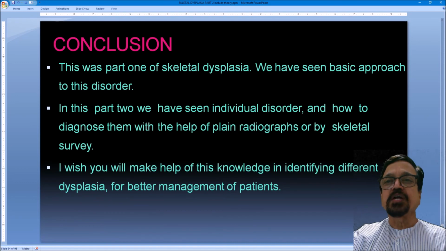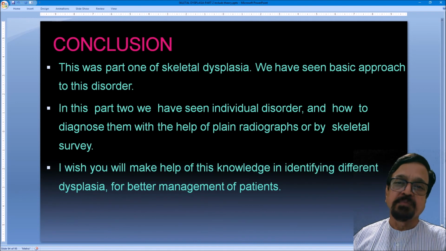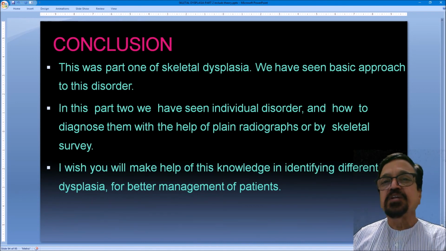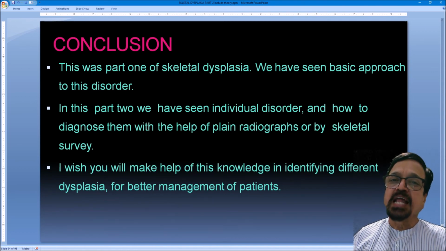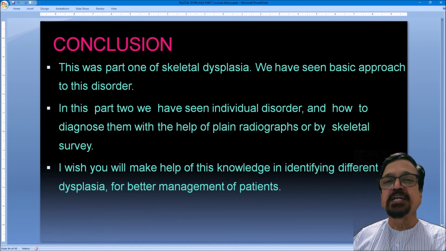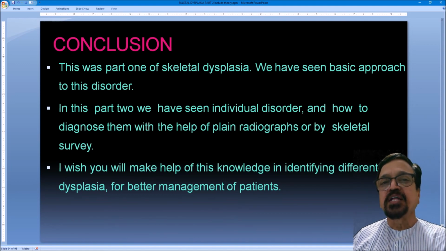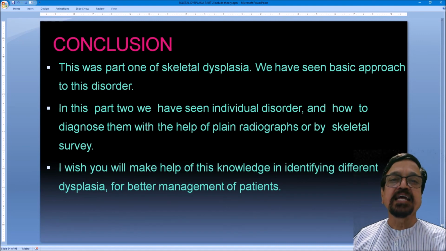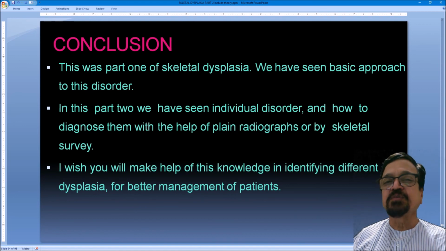Then we are coming to a conclusion. Skeletal dysplasia is a very vast topic. Till now we have seen a couple of them. There are many more which are not covered in these 2 lectures, lecture 1 or lecture 2. Subsequently, we'll have a lot of film reading sessions, and they will include many cases from skeletal dysplasias. So this was the introductory lecture, and more details, more X-rays and more illustrations will be shown in subsequent film reading sessions. We are going to have them in a very short time, in the coming few days.